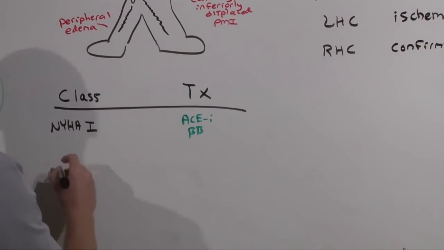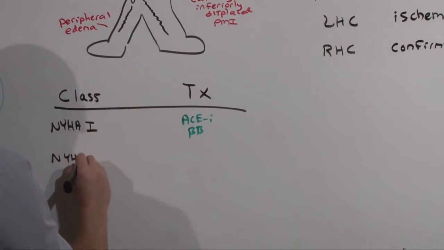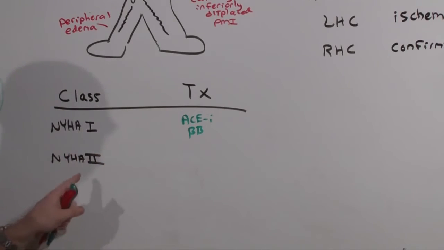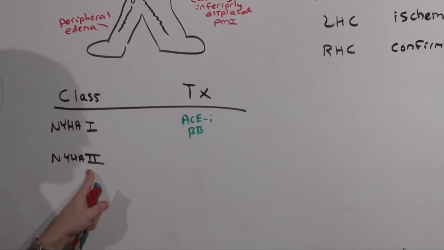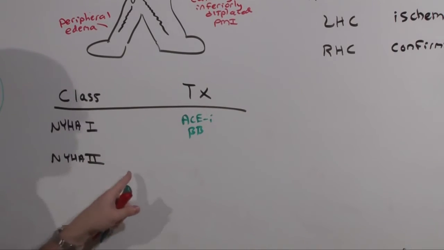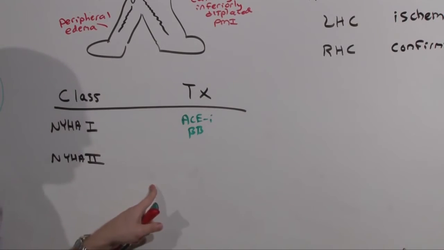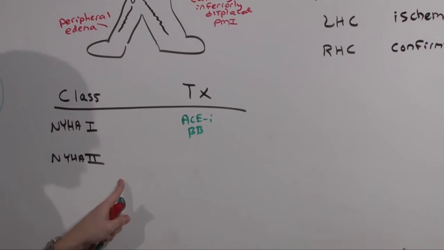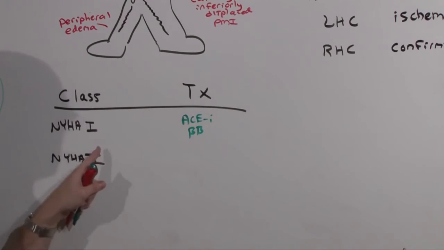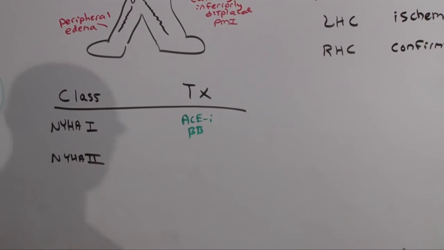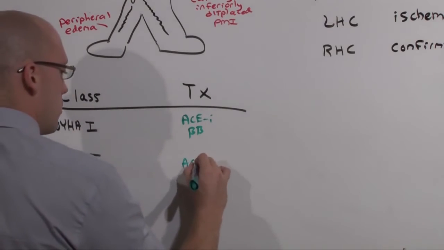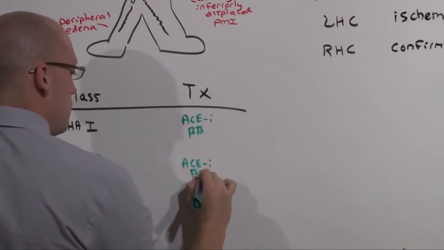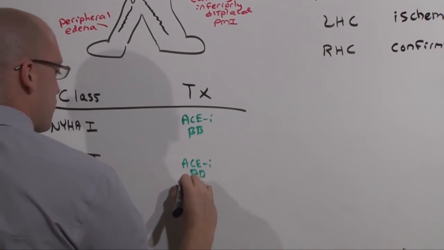New York Heart Association Class 2 are people who can walk a couple of blocks. They're very functional. They're not athletes. They're not going to be moving around a lot, but they have almost limitless functional capacity. They can walk a couple of blocks, up a couple flights of stairs. They are not as good as New York Heart Association Class 1, but they can take care of all of their ADLs and a little bit extra. These people suffer from a little bit more fluid, so we're going to get the ACE inhibitor, the beta blocker, and you're going to add on a diuretic,